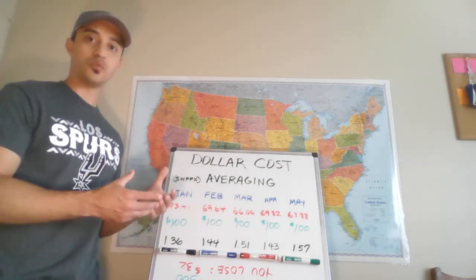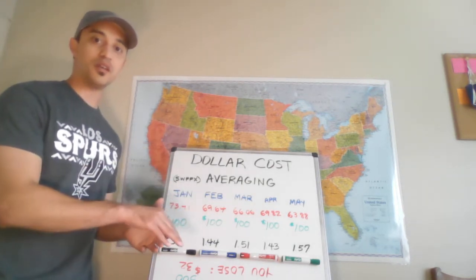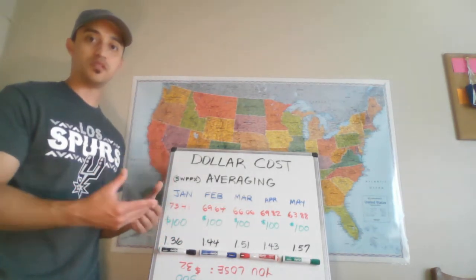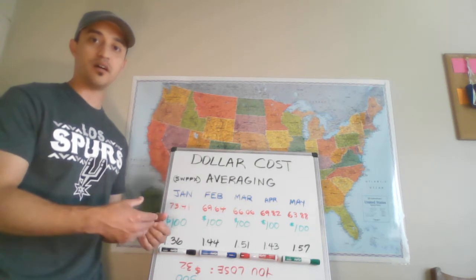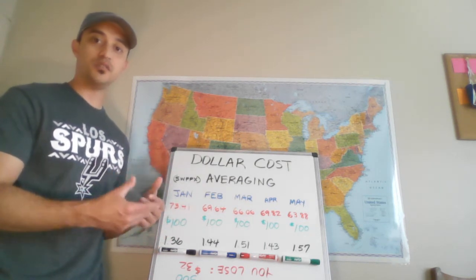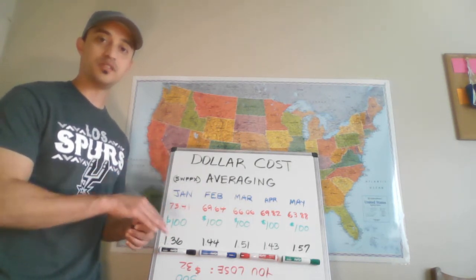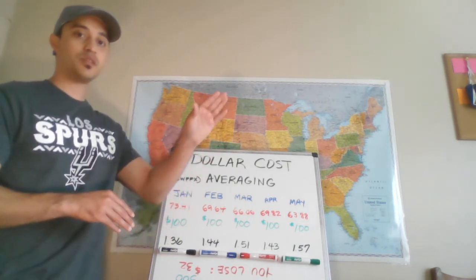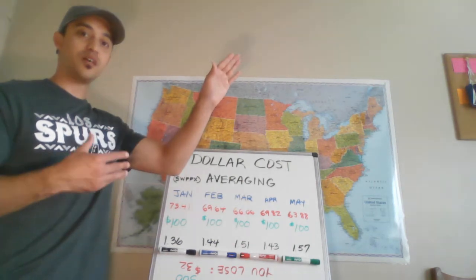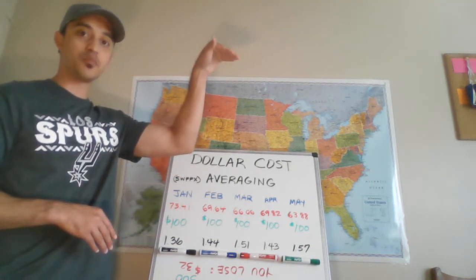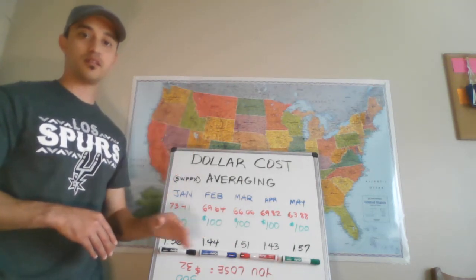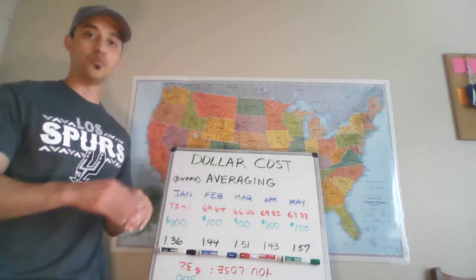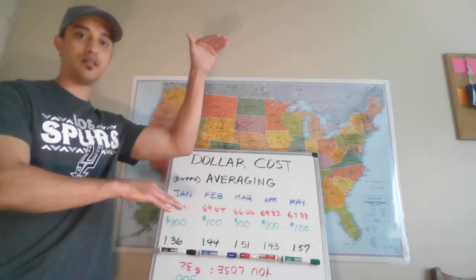You buy things when they're cheap, when prices go down. You don't want to get out of the market when prices go down. You actually want to do the opposite. You want to buy when the markets are down. So by dollar cost averaging, you can ensure that you're going to continue to buy when the market's down. And then when it goes up and you're ready to sell, you're going to sell at a higher price point than when you bought everything. So that's the name of the game. That's how investing works. You want to buy low and sell high.